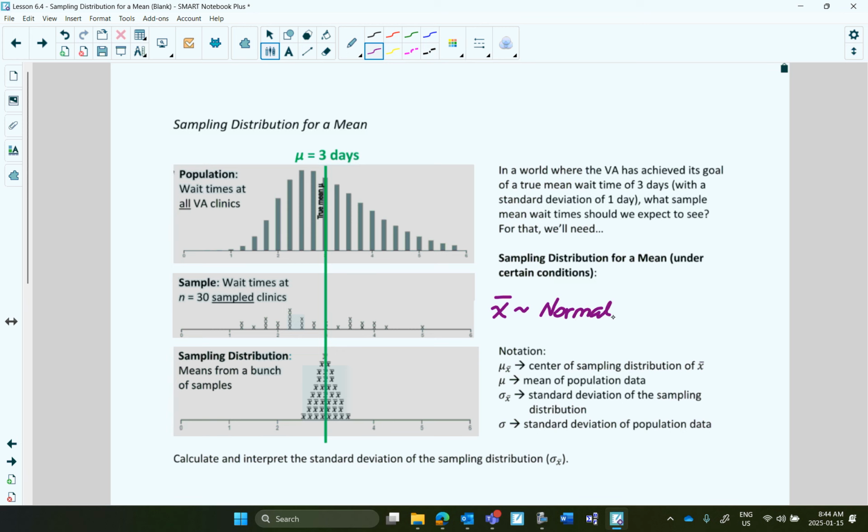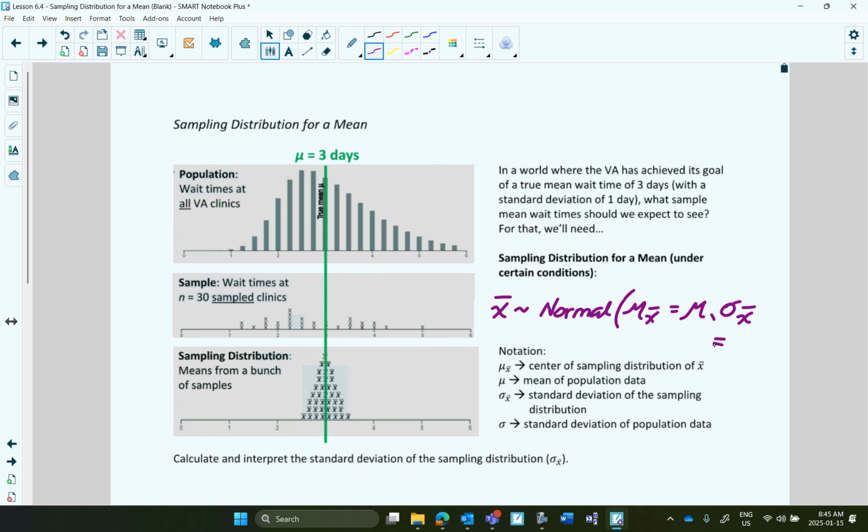If we meet the conditions that it's normal, which we'll talk about in a second, and if we meet the other two conditions, which we'll also talk about in a second, the average of all those sample means we took of size 30, because it's a good estimator of the population, we can say that it equals the population mean. Okay. Sample mean is a good estimator of population mean, just like sample proportions are a good estimator of population proportion. And to find the standard deviation,